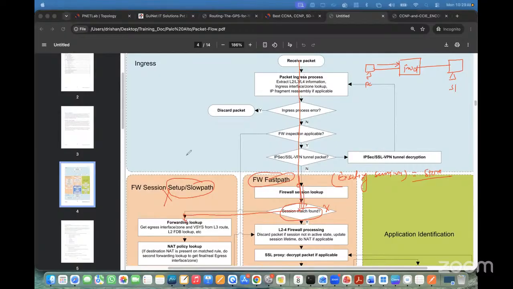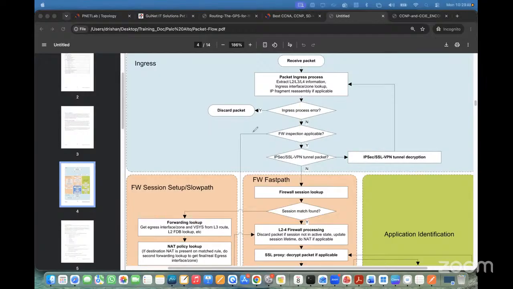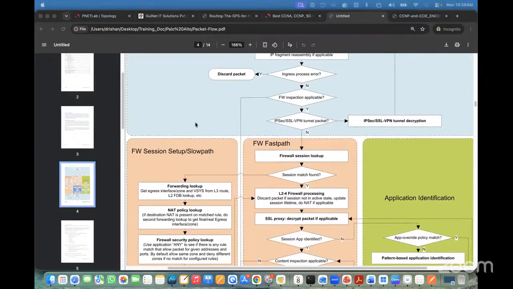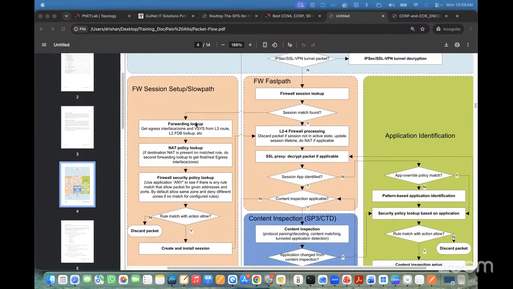So let me repeat all the statements I just gave. This is your Palo Alto firewall, right? This is my brand new device, the PC. This is my brand new device, the server. If this PC wants to communicate with this server for the very first time,